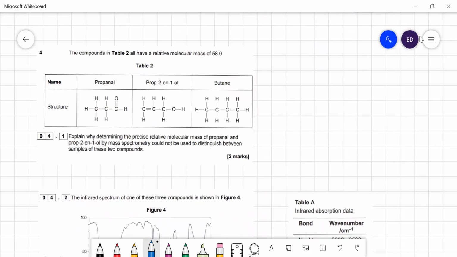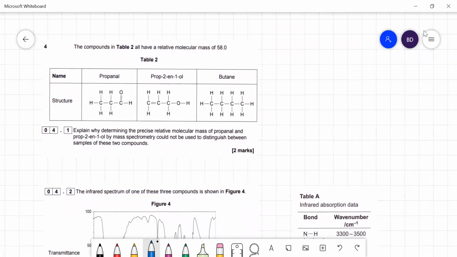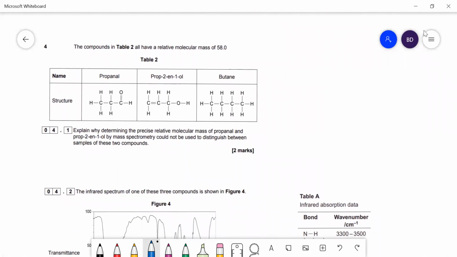Okay, so here we've got 3 isomers. Explain why determining the precise relative molecular mass of propanal and prop-2-ene-1-ol by mass spectrometry could not be used to distinguish these. Right, so if you check the Mr of all of those compounds, normally they're all 58. But if you did that in a high resolution mass spec,